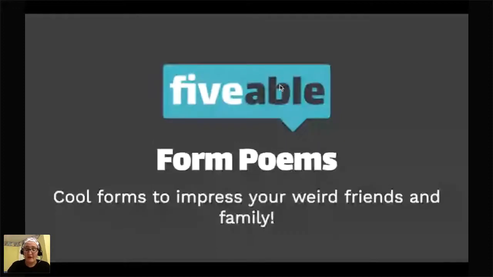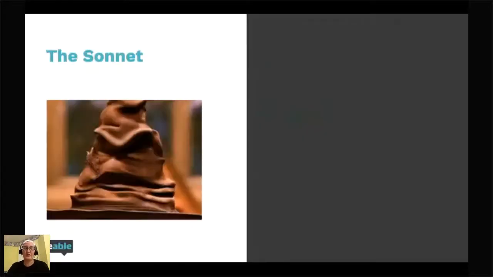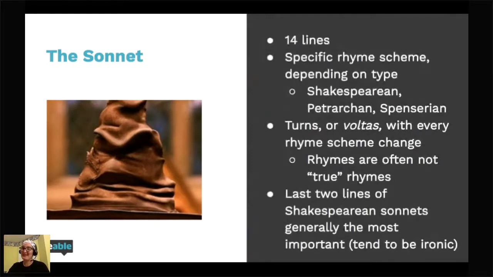You'll probably not be the life of the party if you talk about these forms, but you know what? Forget it. They're not cool enough. All right, let's talk about the sonnet. I've got the sorting hat on here twice because he's just poetic and he's giving fun things. He doesn't do sonnets, though. He does ballads. Go back into Harry Potter and see that poem and see if you can scan it. Aha! All right, the sonnet.